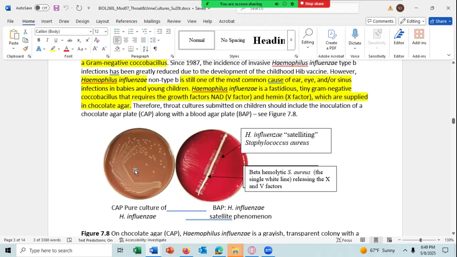By lysing the red blood cells, you release the ingredients that are required by Haemophilus influenzae, and so they'll grow on chocolate agar. They will not grow on blood agar